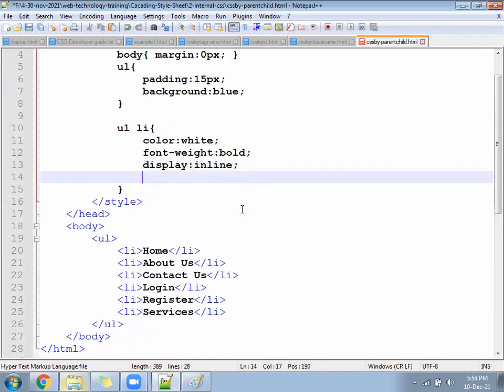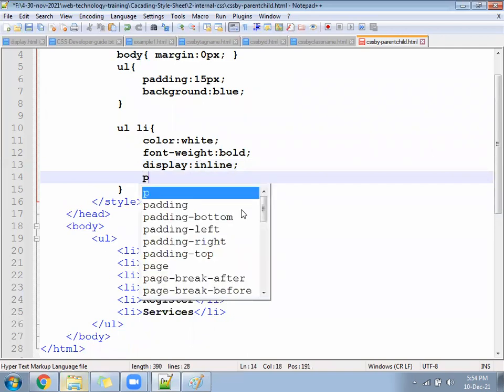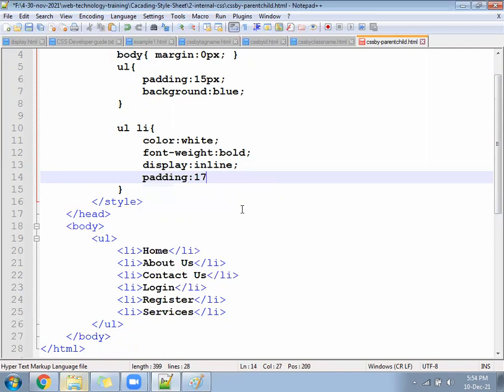And after that, padding of the li should be similar, 17-18px.